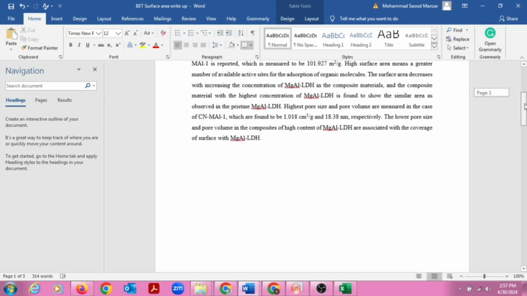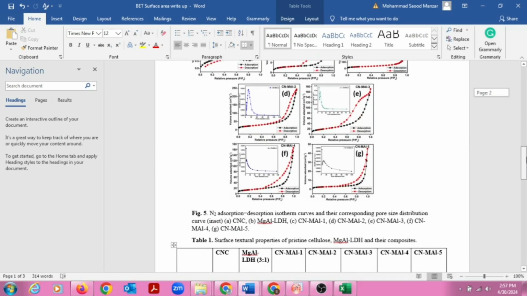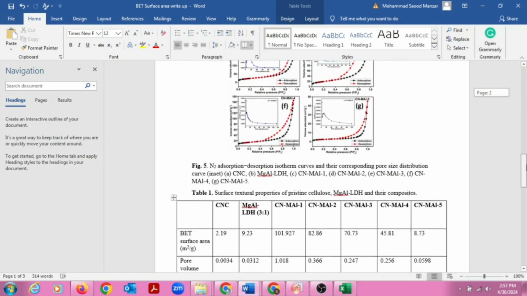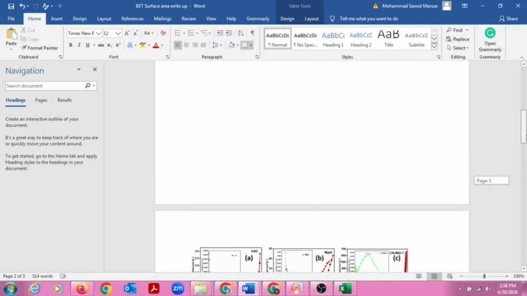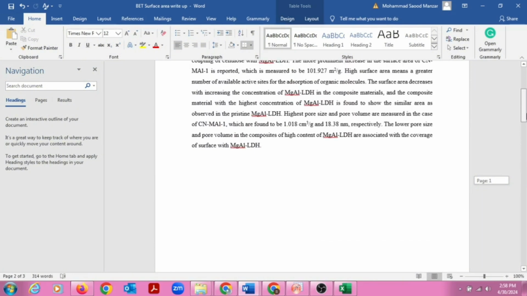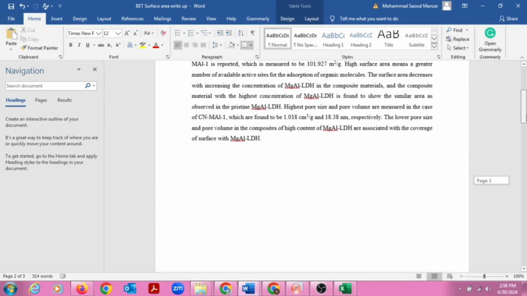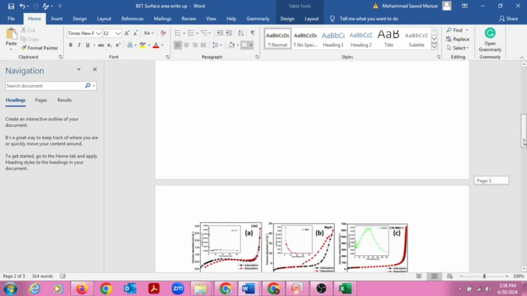So you can see here in the table, we already talked about the plots. Okay, so in the table you can see here that the surface area is decreasing with the loading of the LDH. So the last LDH surface area is almost analogous to the pristine LDH. Okay, although it is greater than the pristine nanocellulose. Okay, now we can also see here that the highest surface area was of the first LDH. Okay, and we all know that when the surface area will increase, if you see here